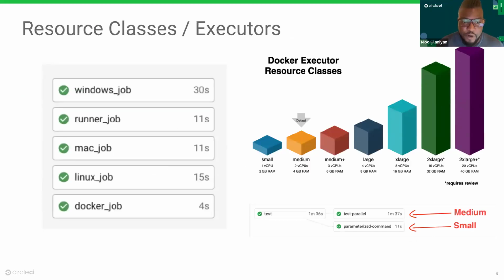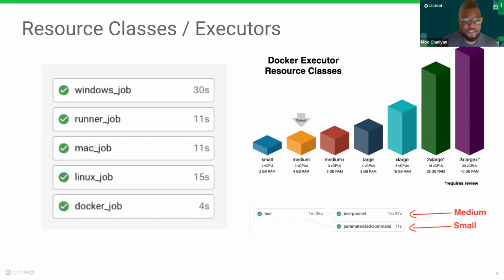As I mentioned before, every job can run in its own execution environment, and there are a lot of options to choose from here, giving you flexibility while still having those guardrails attached. You can choose from Windows, Mac, Linux, Docker, and have a workflow with any combination of these resource classes shown on the right. Additionally, if you need to use your own specialized compute or have any restrictive security requirements, we also give you the option to use self-hosted runners. They can either be Kubernetes-based container runners or machine-based runners for installs on specialized compute. Depending on what you're looking for, the compute that you need can be tailored to your specific task.